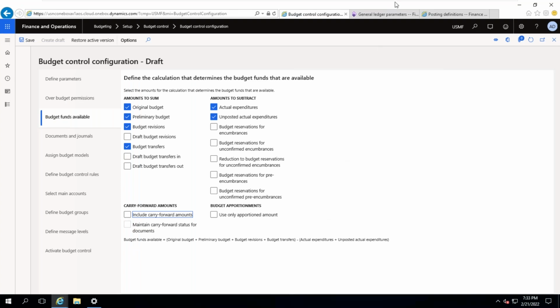Okay, fine. So we need to select carry forward budget, like actual budgets versus carry forward budgets. If it is a public environment, carry forward budget should be enabled. Otherwise, you can skip it if you don't want. Today we have learned about budget funds available. I will recap this tomorrow, and then explain all of this one by one, checkbox by checkbox, tab by tab in the budget control configuration, and we'll proceed.